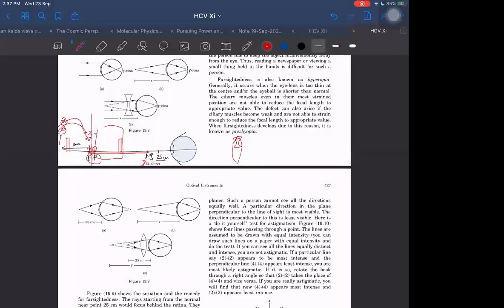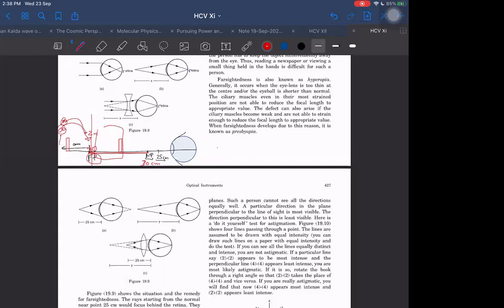Why do they do that? They have to do that so that the rays pass through the upper portion of the lens. To make the rays pass through the upper portion, they bring the lens lower, up to the tip of the nose. Actually, I think I am saying it the opposite way. The lower part will be convex and the upper part will be concave. The lower part they will use to read, because that is convex. They use the convex part to see closer objects. But when they want to see farther away things, they will use the concave part of the lens. So yes, that is right.